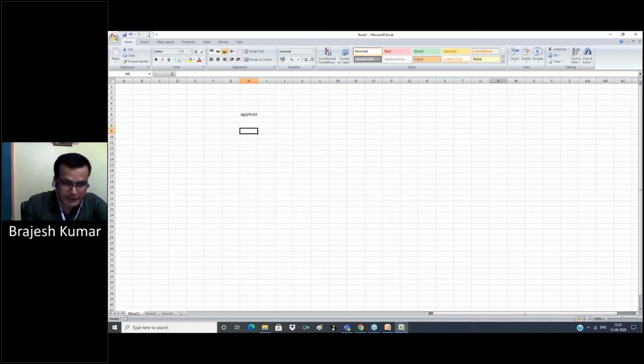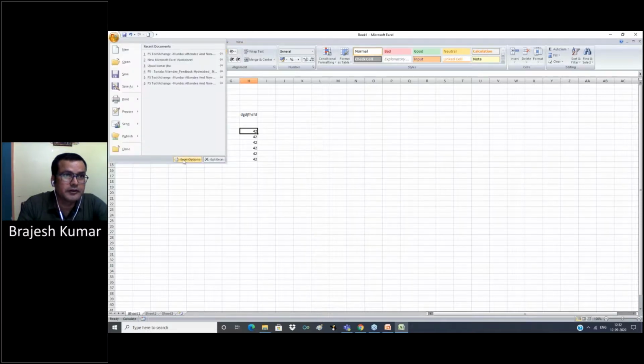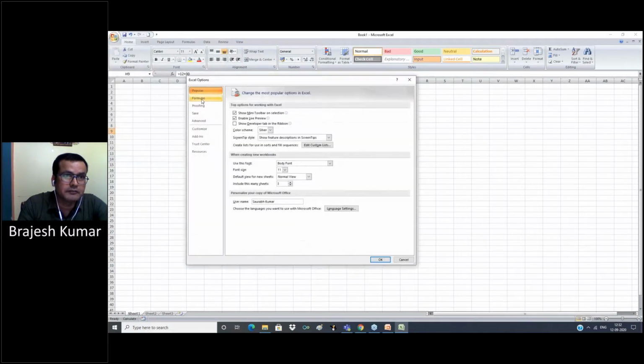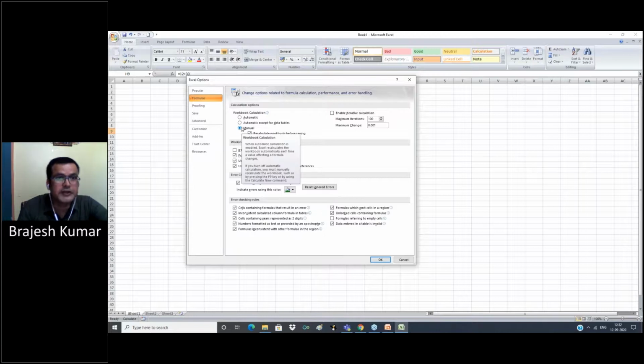Otherwise, we can write =12+30 and copy and paste it to all cells. But if it is manual, then you have to write the formula one by one in all cells. So always select automatic, so that you can write a formula in one cell and drag or copy it to all other cells.